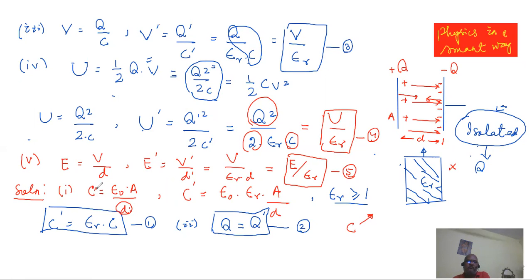So this question has many variations to it. Like the cell is still connected, the cell is disconnected, you decrease the space between the plates, increase the space between the plates, you insert a dielectric, or a dielectric is already there between the plates and you take it out. So many variations will be there. Along with that, there can be many other questions related to this issue. Okay, so that is the thing. Let me clear up the things.